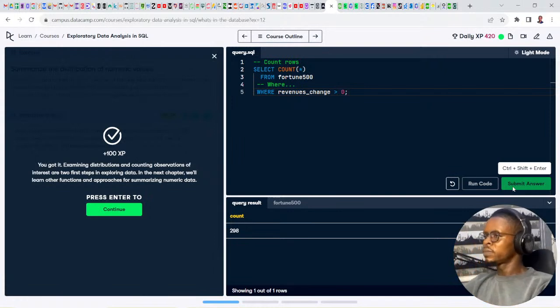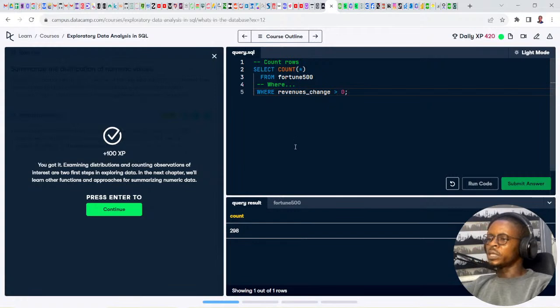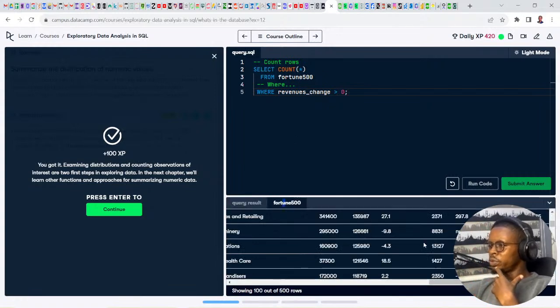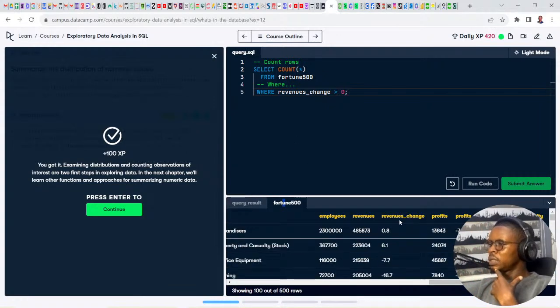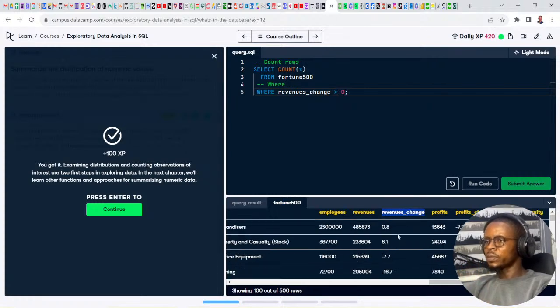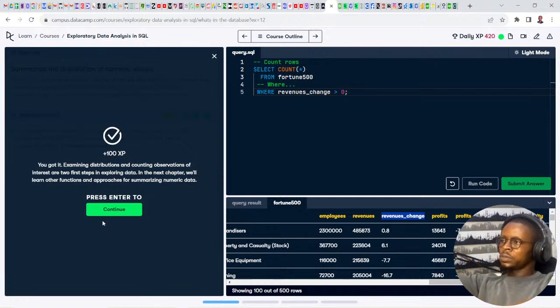That's quite interesting. So we're going to see where the revenue change is greater than zero, because the revenue change column here contains negative records and decimal records. But that's cool. That's quite interesting. But I need to read more about self-join.